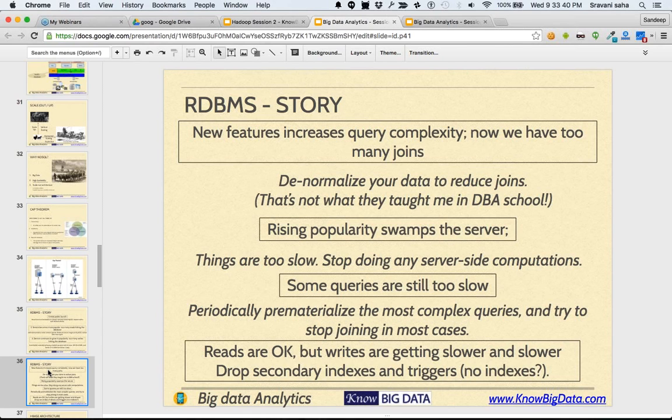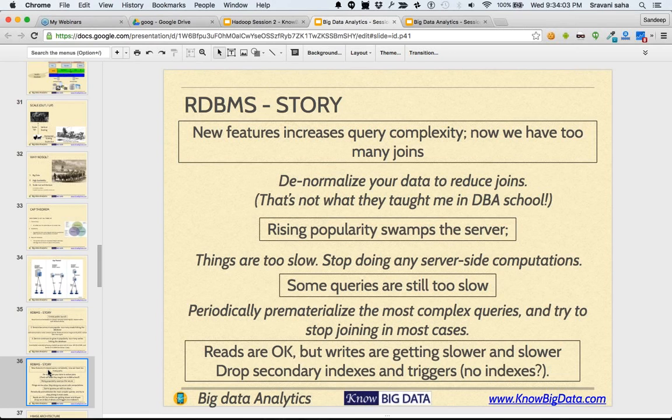So the second property we had to forego. The first property we foregone is consistency. The second property we are foregoing is normalization. And when you have no normalization, the referential integrity does not make much sense. So we have let go of referential integrity.